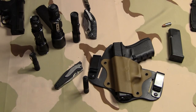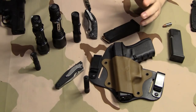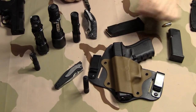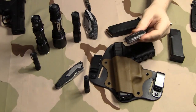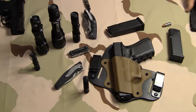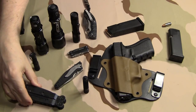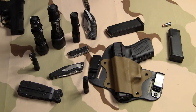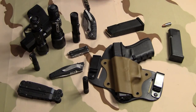If you can add things in, you could think about adding an extra magazine for your gun if you needed to. Maybe you're going out into a situation where you want this for peace of mind as a backup. Let's say you want to have a multi-tool. Maybe you're going into a situation where you think that day you might need a multi-tool. You could go minimalist with a Squirt PS4, or you could go with something like this SOG. So basically what I'm saying is keep in mind your EDC can change. Mine does. It can change from day to day depending on what you're going to do. If I were to go camping tonight, my EDC would change drastically. But as a baseline, like I always say, a good holster,